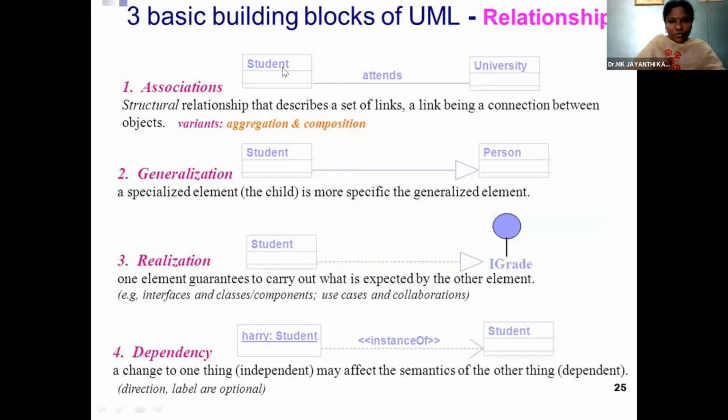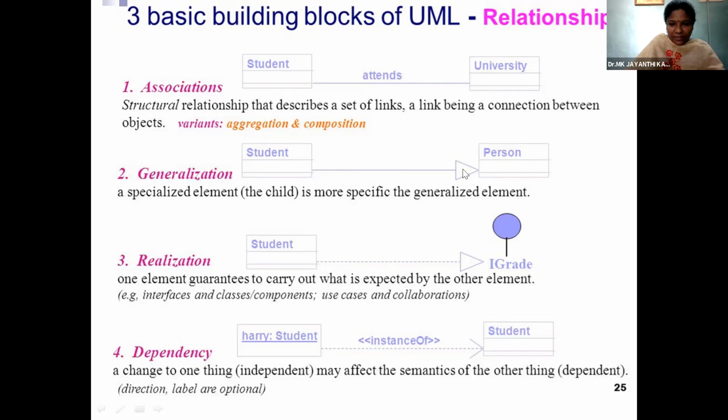Say association: the student is associated with the university. Every student is attending the university. The student is one class in the class diagram. University is another class. The relationship between this class and that class is that the student belongs to the university. This is the association symbol, with no direction. If you want, we can make it bidirectional or one directional, or put the multiplicity 1 to 1. N students belong to one university. N to 1, many to 1, or 1 to 1, or n to star can also be specified.